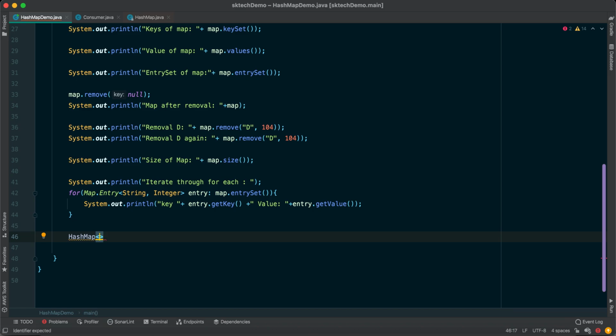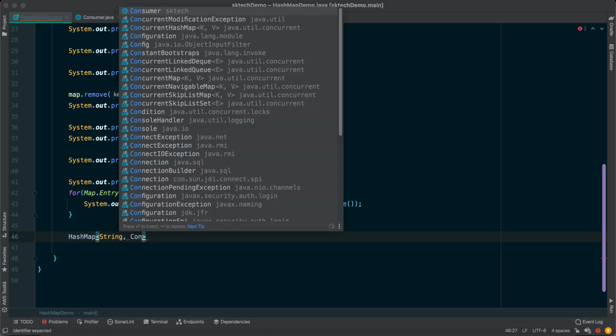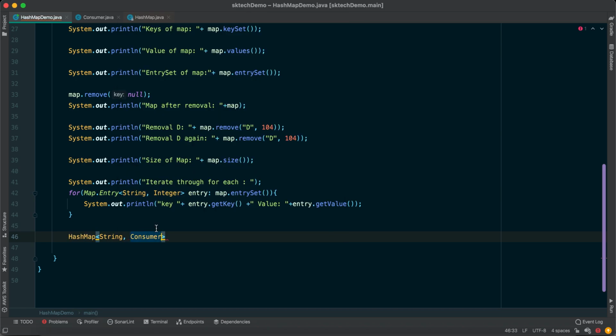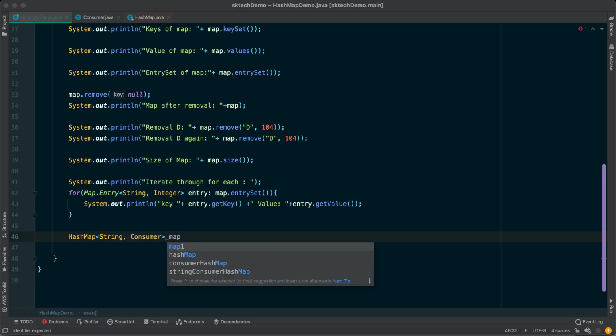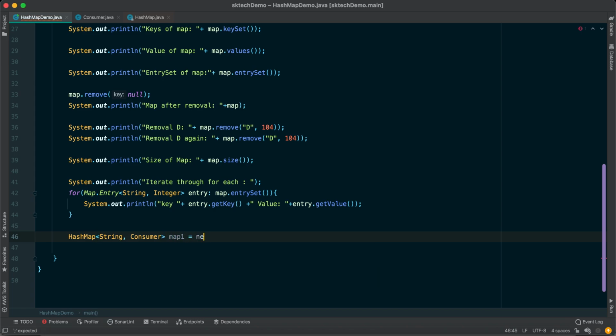Let's say we want to insert the key as a String and the value as a Consumer. And then let's say map1 equal to new HashMap. This is the way we can create the hash map with the consumer type.